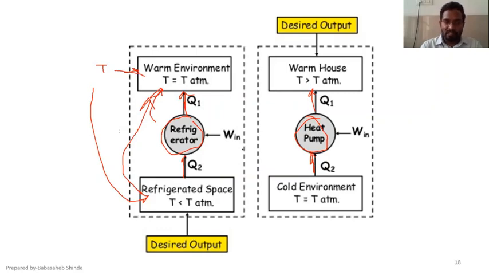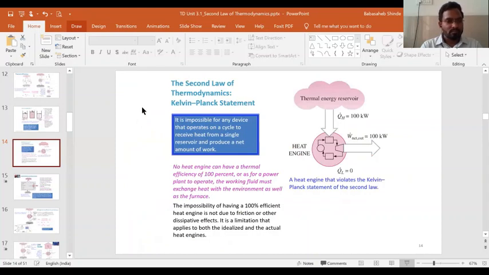But to do that, we need to provide some external work in case of heat pump as well as refrigerator, because we know that without involvement of external work, heat can only transfer from T higher to T lower. And if you want to convert that heat into reverse direction, that is again